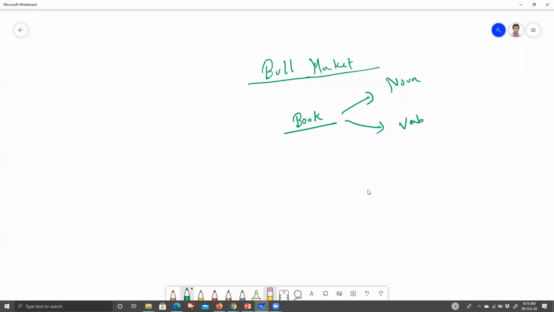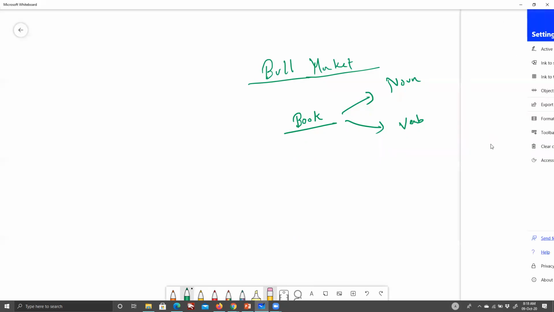Yes. So can you use book as a noun? Yeah. The book is read by many people. Very good. And how would you use it as a verb? If you do this, you'll be booked in under that section. Or I booked the tickets to my flight yesterday. Very good. So book can be very easily used as a verb as well as a noun. So this is just the basic issue.